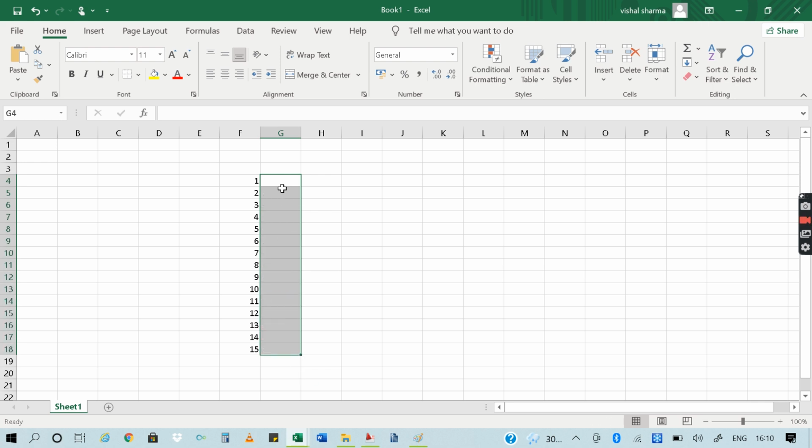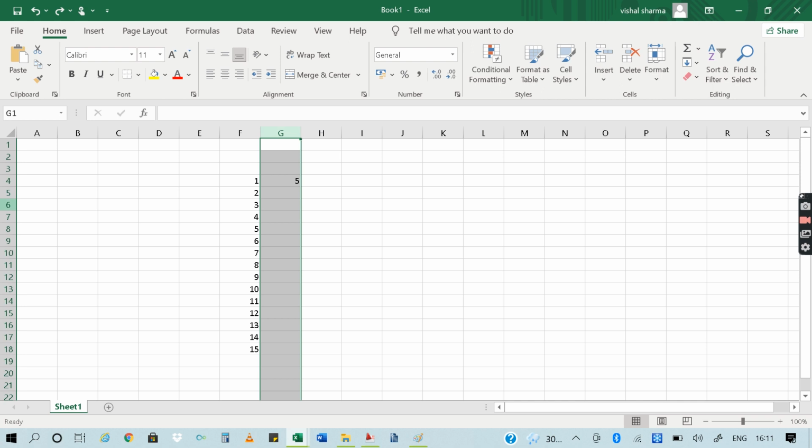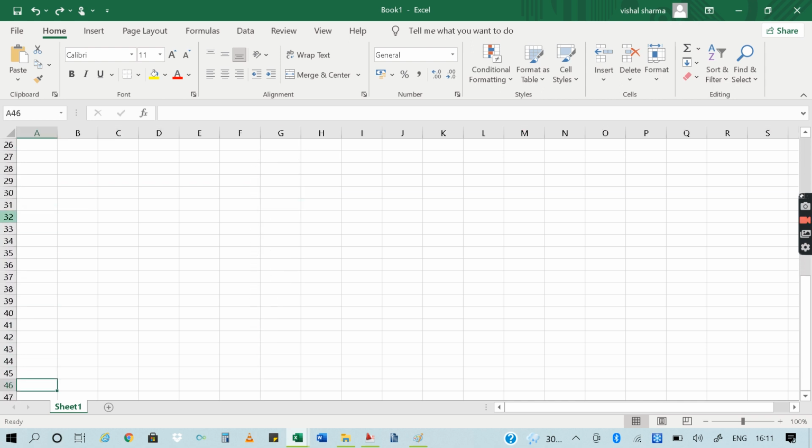Suppose if you want to copy the same value in all the rows or all the columns, something like this, you can just simply drag and copy the value like this. Okay, so basically this is a column and this is a row, and there are so many rows and columns in an Excel file, so you can easily make your files, and specifically in lakhs and crores there are values, so I don't remember exactly.